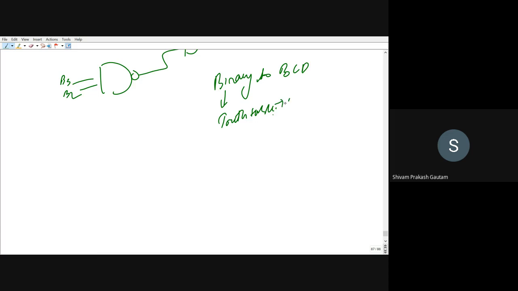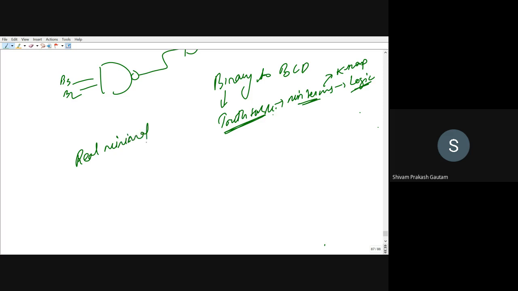Then we have identified the minterms, and then we have built the logic. So the truth table is very important. Then finding out the minterms. Then you have to use K-map, and then you can build the logic. If in the question it has been asked for real minimal, then you know what you have to do.